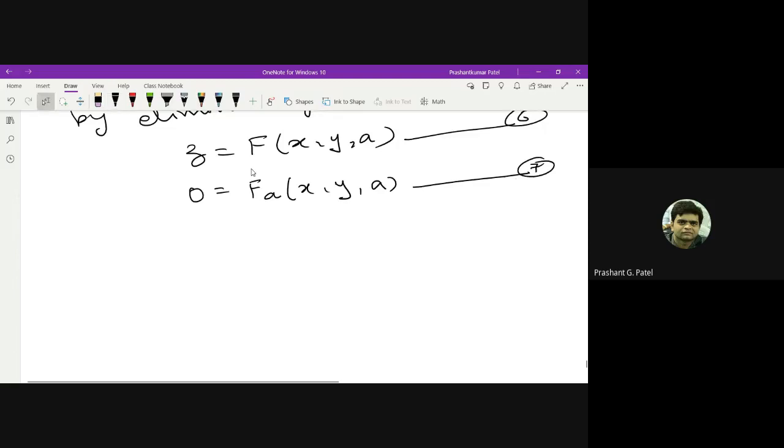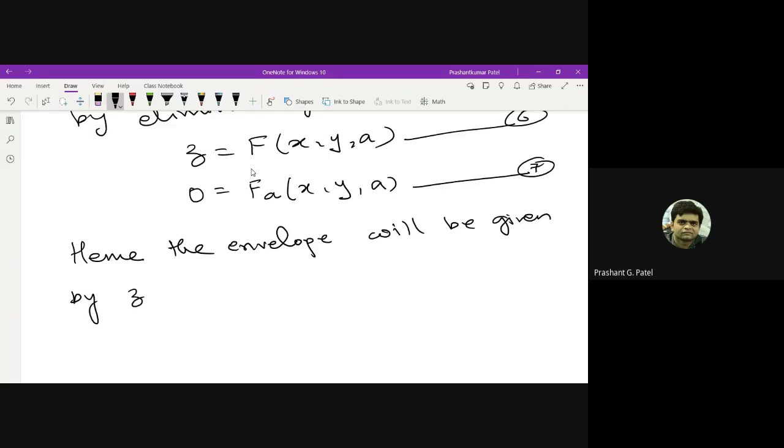So hence the envelope will be given by z is equal to g of x, y, which can be obtained by putting, once you get the value of a, you substitute that value into this equation. That means this a you can express as a function of x and y. So that will be f of x, y, a of x, y,